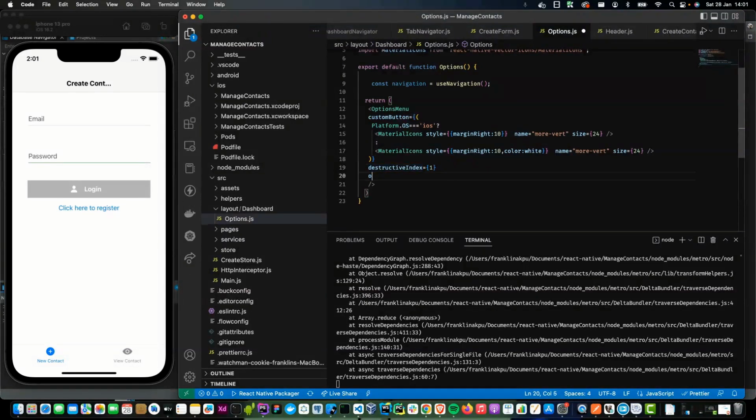And then I am going to specify the options that we have. So we would have two options here. The first option is going to be logout, which is our logout button. And then the second option is going to be cancel, which is the destructive index, which is basically just hide our options menu. And then our actions here, for actions, I'm going to specify a function called logout for